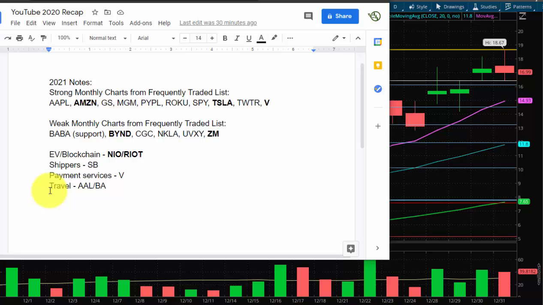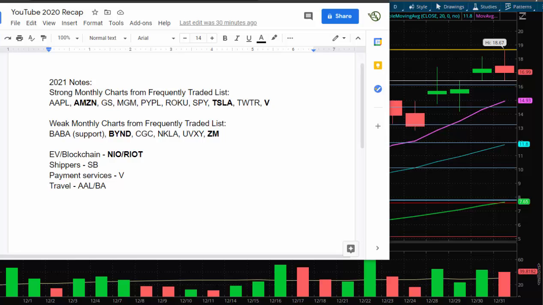And then the last thing I wanted to mention, shippers, payment services, and travel stocks. I'll be looking at these three groups to outperform in 2021. I know if I took a poll right now, it would be cryptos, cryptos, cryptos, gold, gold, gold. I don't really care. This is what I'll be looking at. I think that travel stocks have bounced back a good bit, and if they pull back a little bit more, we can start re-entering some of them.